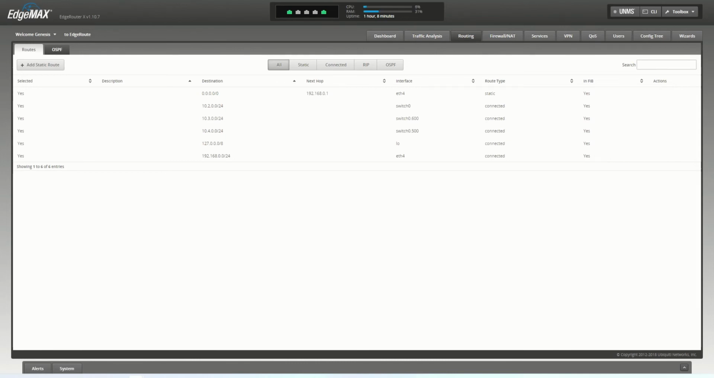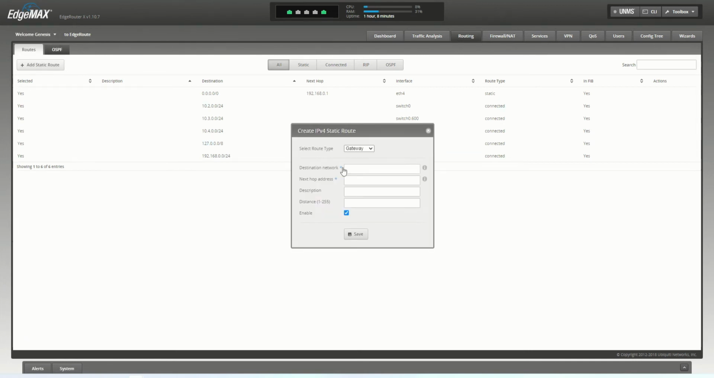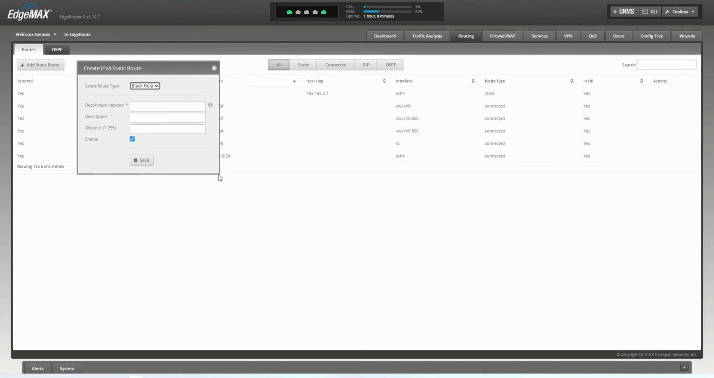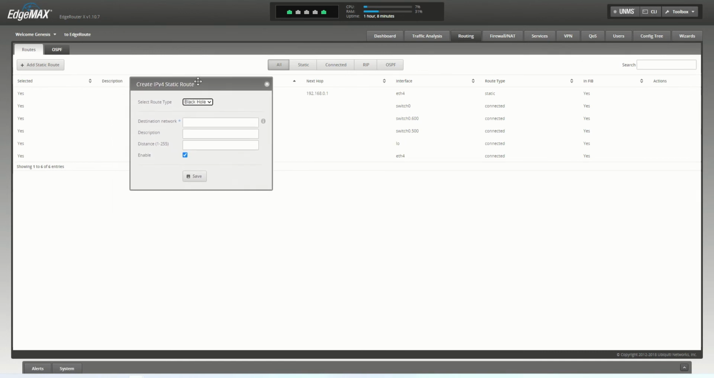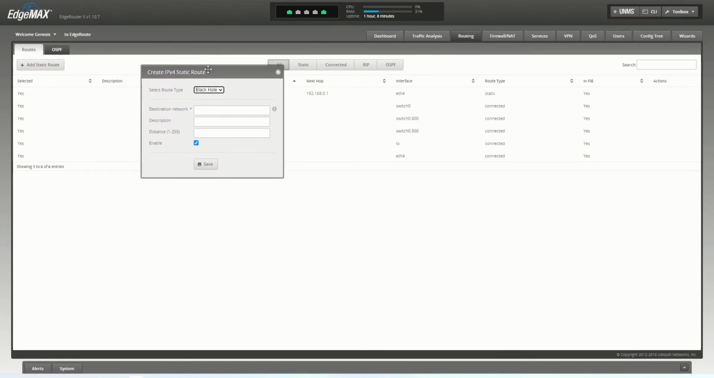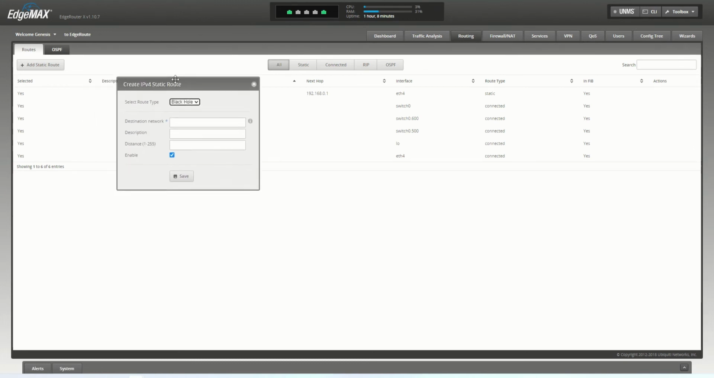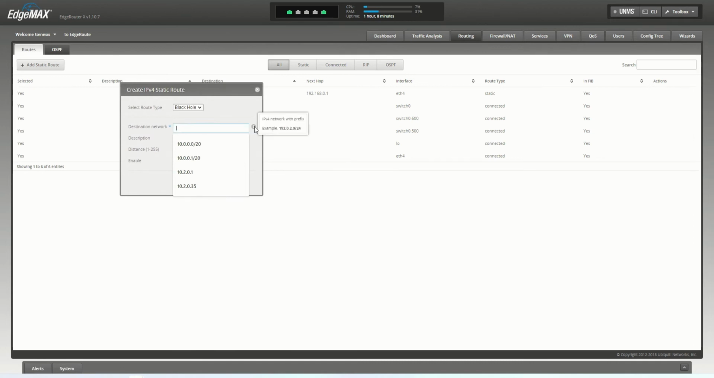Inside of the routes, we have all of our routing tables. One thing I do want to show you is the black hole routes. So say you have hackers, they're trying to ping your network and they're just creating troubles with your VPNs or servers, and you say, you know what, I want to block them from our network. You create a black hole. Essentially what you do is you select static route, black hole, inside of the edge router,